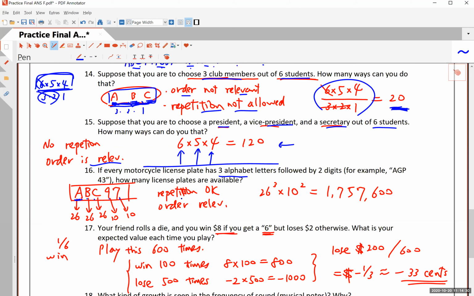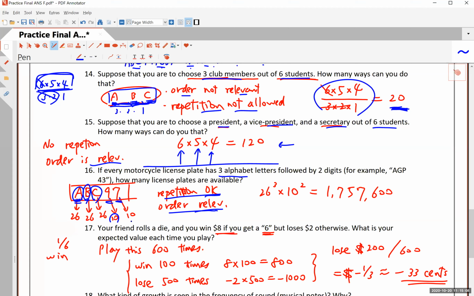So the question here is, of course, the order is relevant, important, because ABC97 is a different plate than CBA79, for instance. Okay, so the order is definitely important, and the repetition is allowed because you can have AAA11, for instance. So you have 26 ways to pick the first, and regardless of this, you can still pick A here. So you can have 26 choices here, 26 choices here, because there are 26 letters in our alphabet. And then you have 10 digits to choose from for this and 10 to choose from here.